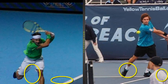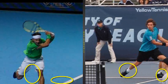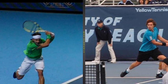And how do you generate power on the return of serve? By moving forward and stepping in just as you hit the ball. So you'll see here, now I'm going to take you back. Let me erase that stuff out of the way. Take you back to all the players and show you